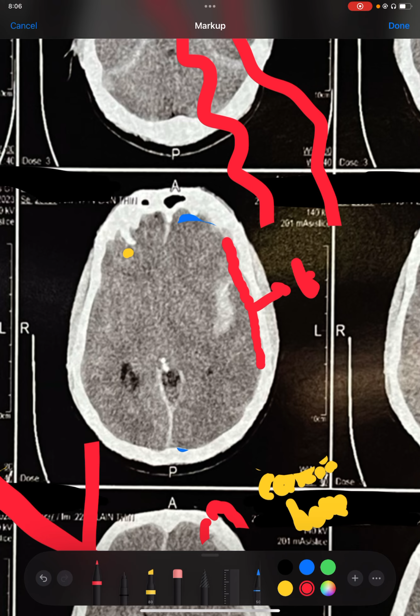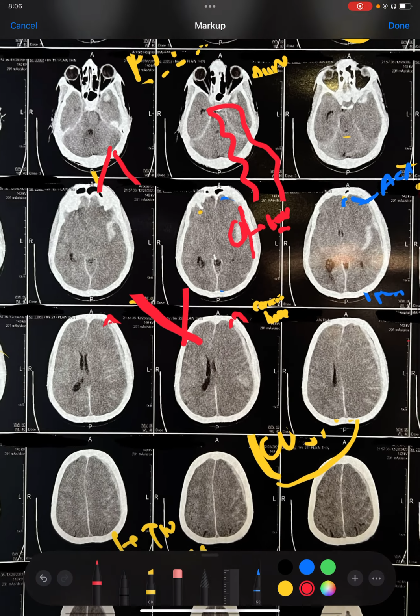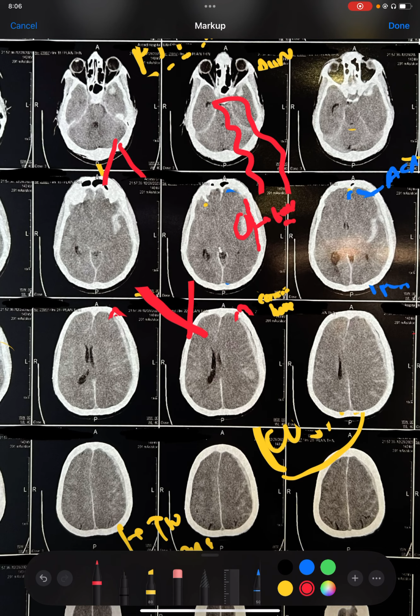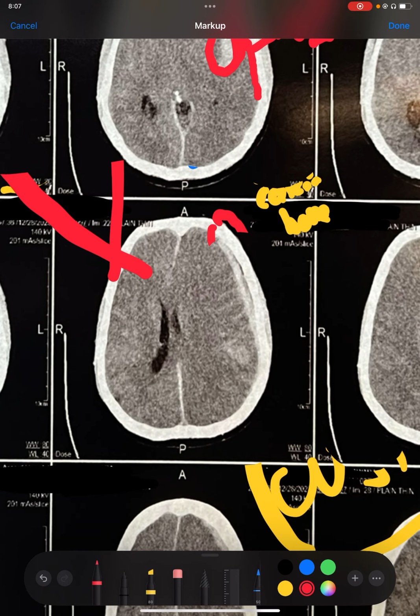So this is because of the fall, and the other bleed is because of the rupture of the aneurysm which he must be having, and it was diagnosed also that the bifurcation of the MCA branch had that aneurysm on the CT angiography of the brain. So this is not only showing these, this is also showing some other findings, like this is the midline, this is the midline, this is the midline.